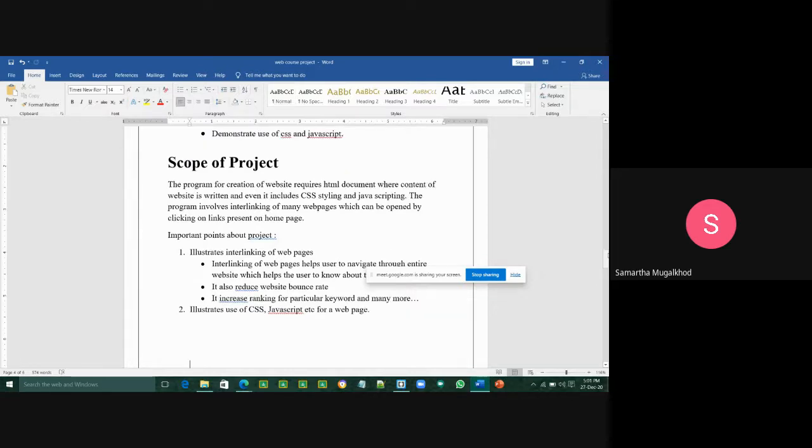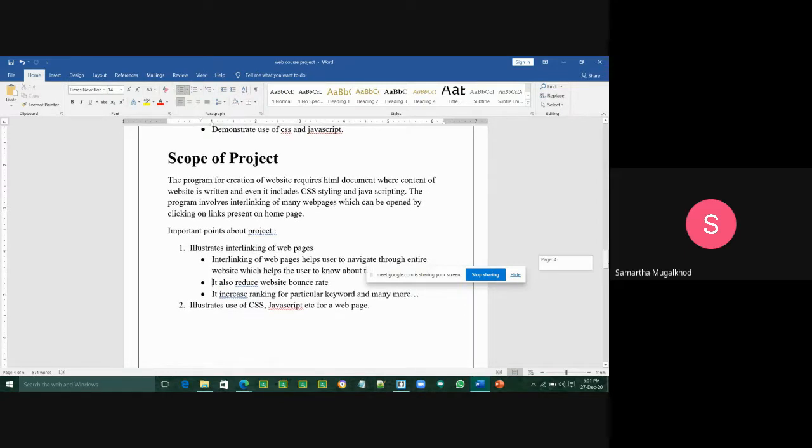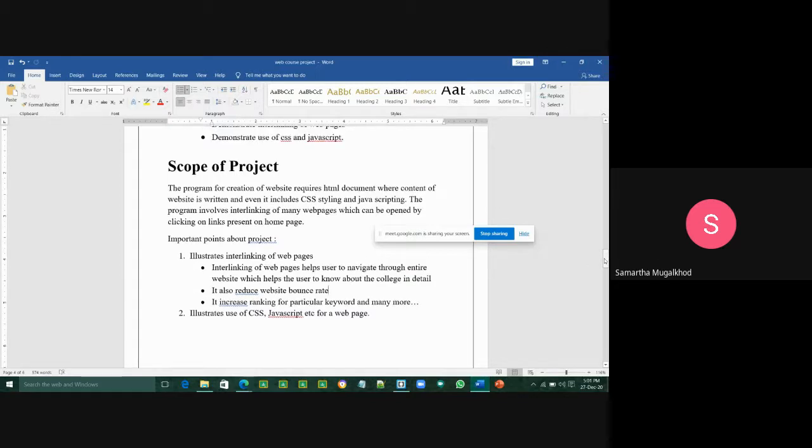Next comes how to illustrate the web page. First we have to create a web page using HTML and create divisions, tag division, snippets, appropriate names or ID tags, links, all the CSS and JS files above.